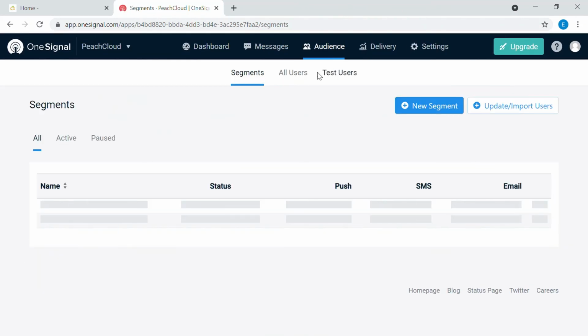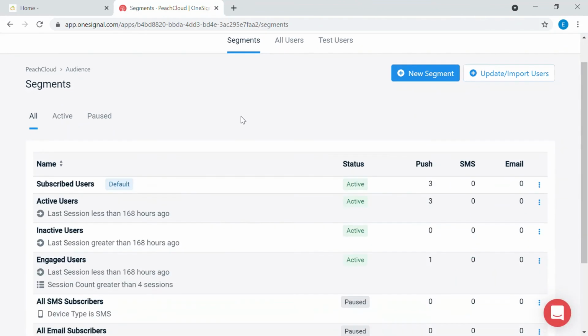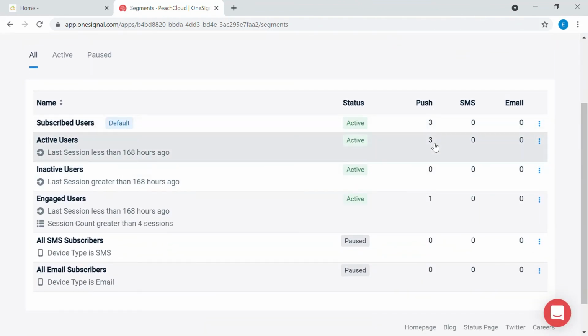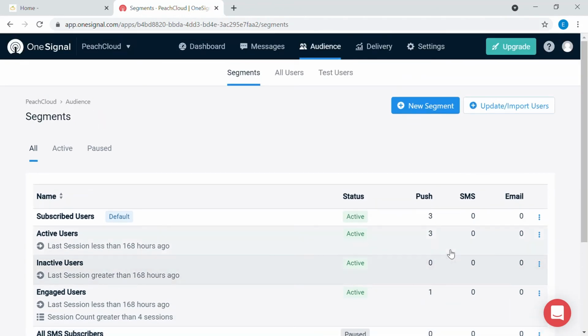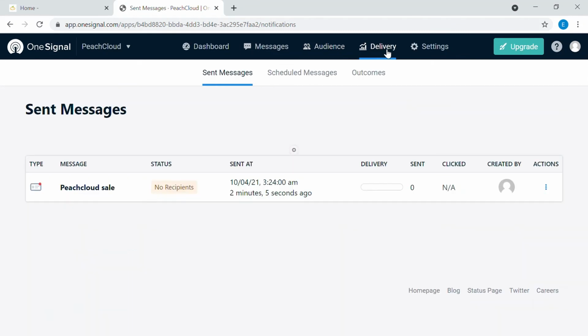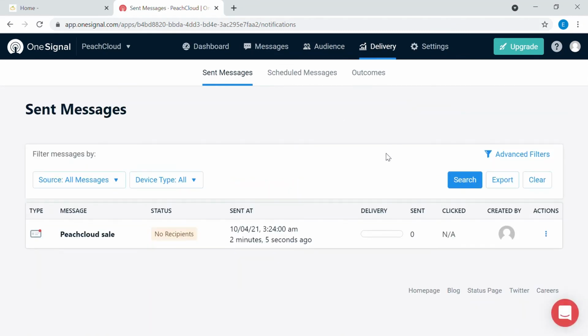Here you'll be able to see how many people have subscribed, and how many are engaged. And here in the delivery section, you can see how many of them got the message, how many received it, how many clicked, etc.